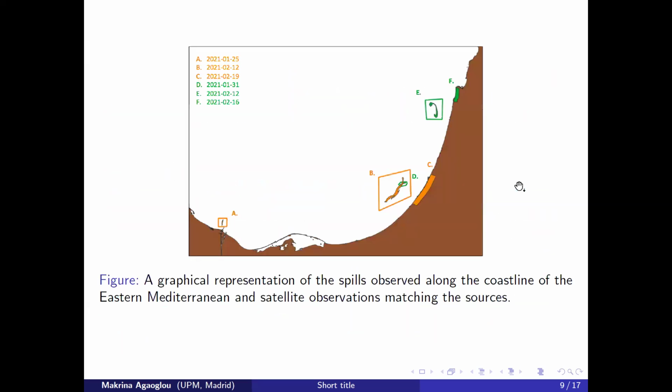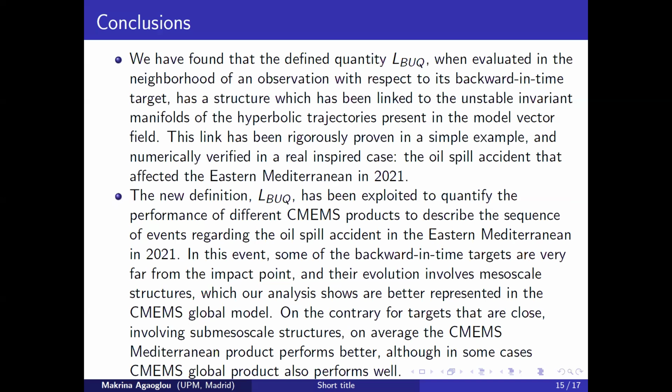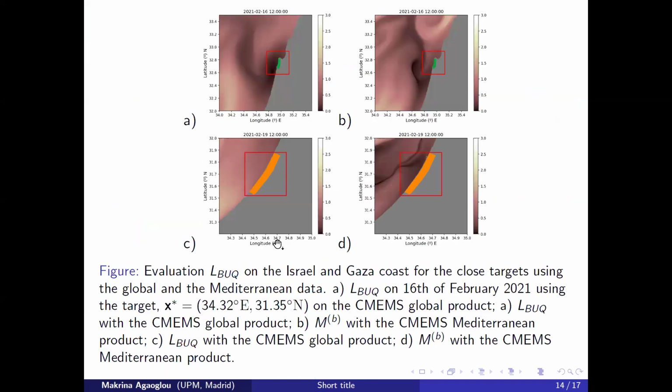Then we were thinking: what if, instead of considering the targets, for example, for this coastline C, the area A, we consider the area B, which is basically where the oil spill was transferred after a few days. And instead of considering as a target the area D, we consider E. So basically, considering closer targets. So then we calculated it again. Here in the first column we use the first data set, the global one, and in the second one we use the Mediterranean data set.